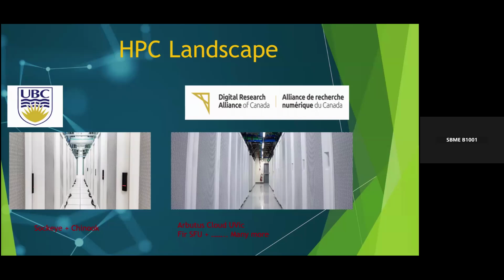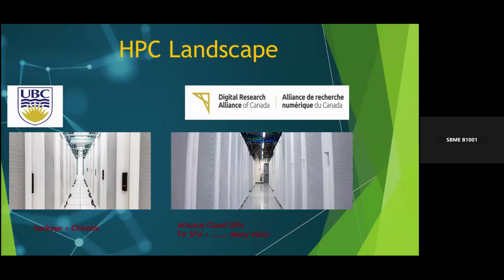At the University of Victoria, we have a very powerful and very nice cloud system. So if you are not an HPC user, but you would like to use some cloud solutions, like platforms, you would like to have a web portal, you would like to have a database which is, let's say, exposed to your research community, then Arbutus Cloud is the place to go, right? Because you can basically deploy your VM setup, set up your web server,